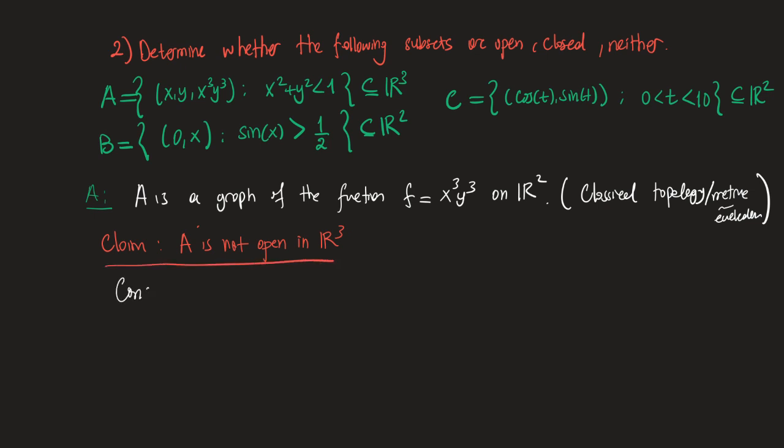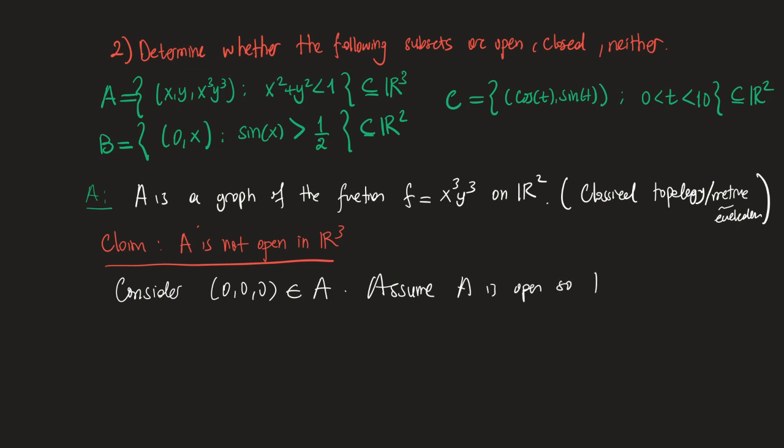Consider (0, 0, 0) in A. As you can see, it is in the set, because 0 squared plus 0 squared is less than 1, so (0, 0, 0) can be evaluated. (0, 0, 0) is in the set, of course. Assume it is open, assume A is open,